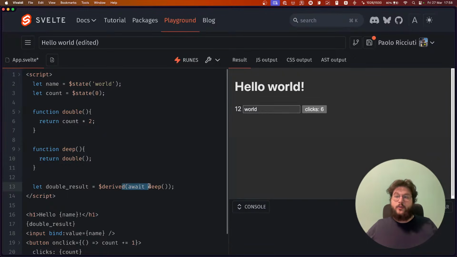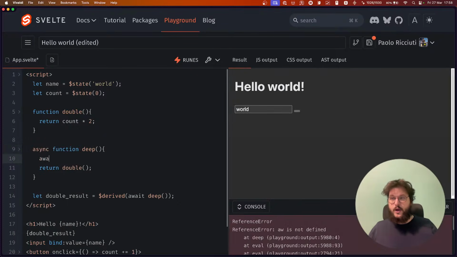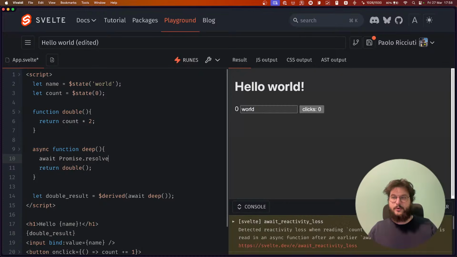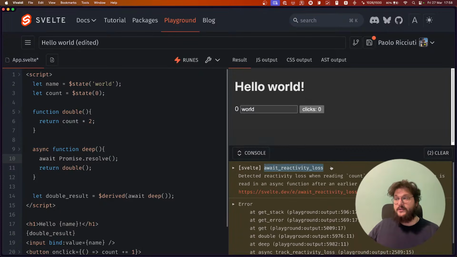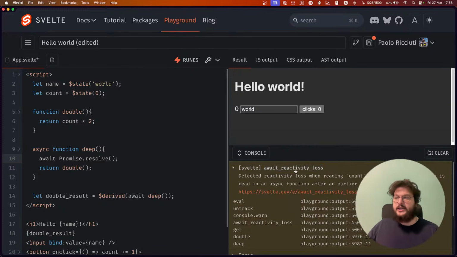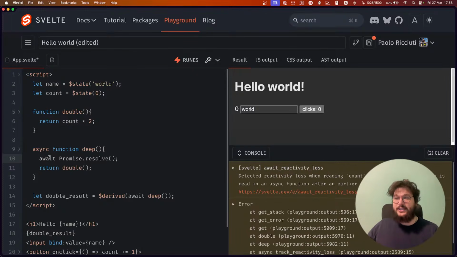The only reason you lose reactivity during await is if you have an async function and you await Promise.resolve, for example. If I do this, you see this error here, which is the await reactivity loss. The problem is that if you have a single await before reading a value that needs to react, then we can't do the compiler magic.